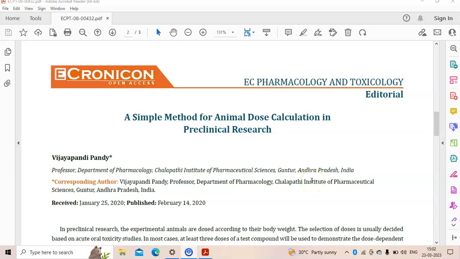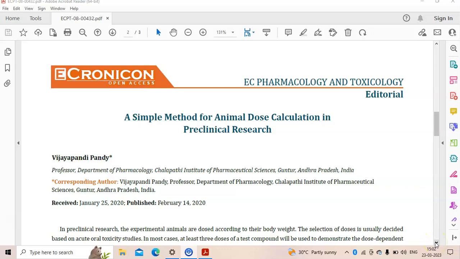Hello students, today we are going to learn a simple method for animal dose calculation in preclinical research. That is one of the experiments in our Pharmacology 3, semester 6B Pharmacy syllabus. So here we will learn the dose calculation in pharmacological experiments with the help of this paper, which is authored